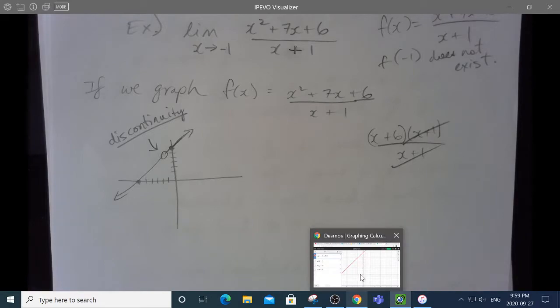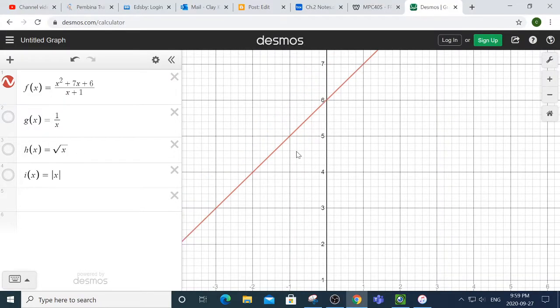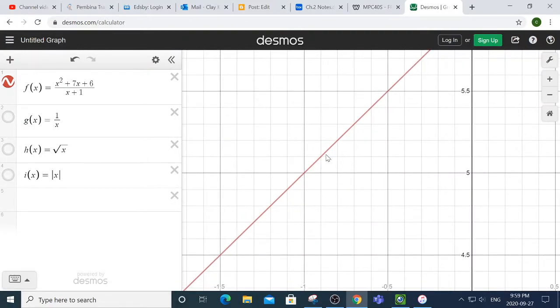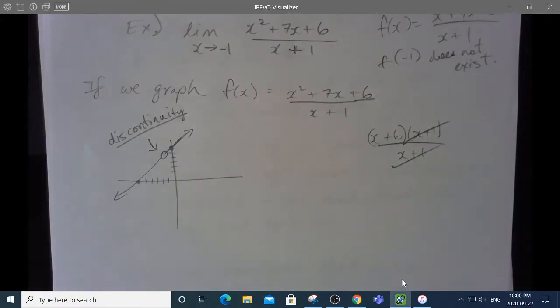When you actually draw them on Desmos, remember you can zoom in quite a bit. No matter how much you zoom in on that point, it never actually draws the discontinuity until you highlight it, or try to get yourself right on it. There it is, and then you can see that the point is a hole. So anyway, let's go back to home. Let me go back to the notes. If we were to graph that, we would find that